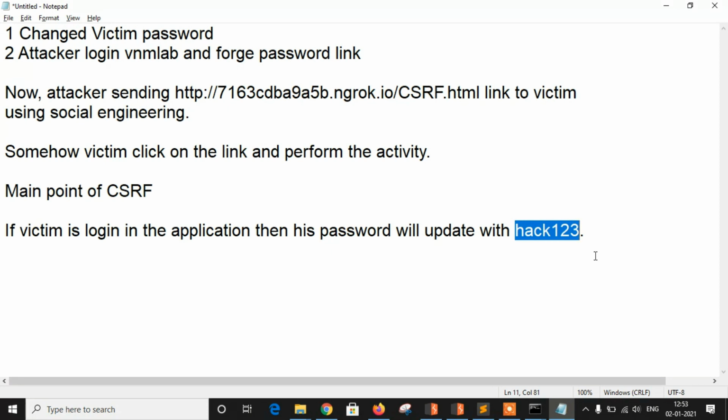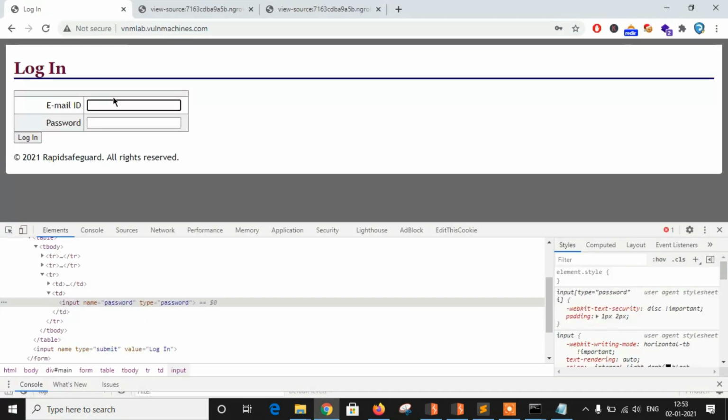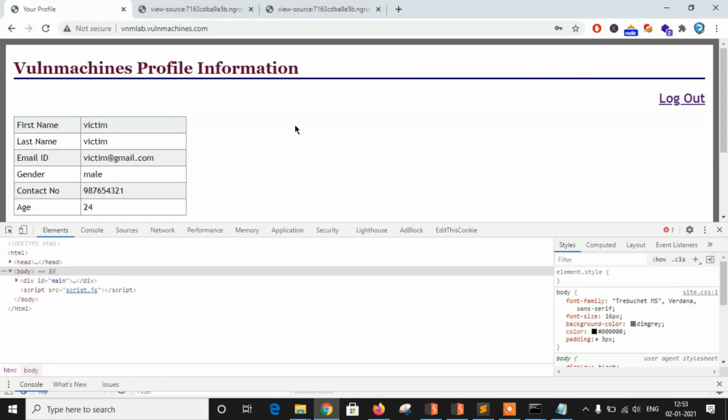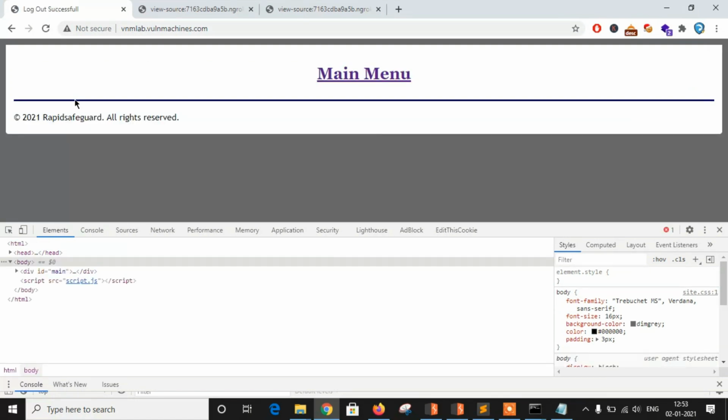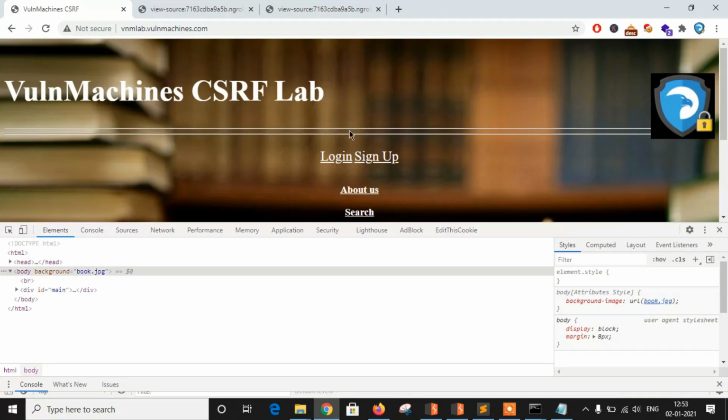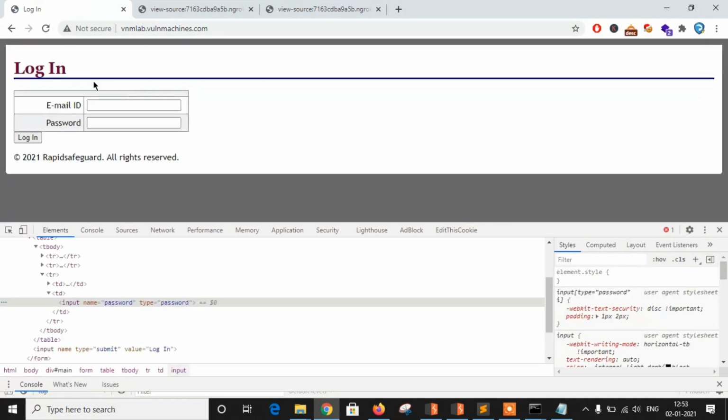Now let's try to log in with victim and hack123, and let's say login. Again, let me show you the password: victim, hack123, set by the attacker.